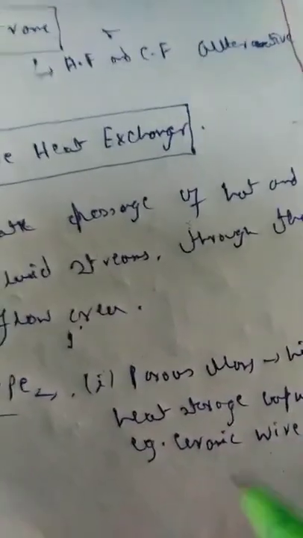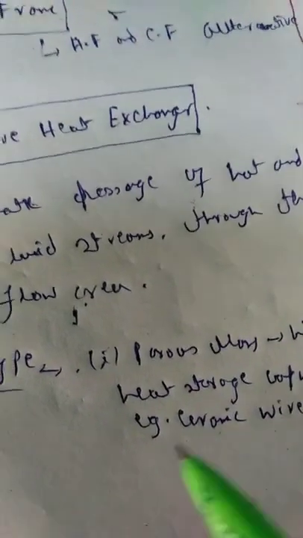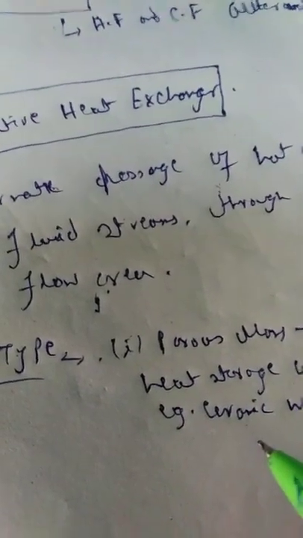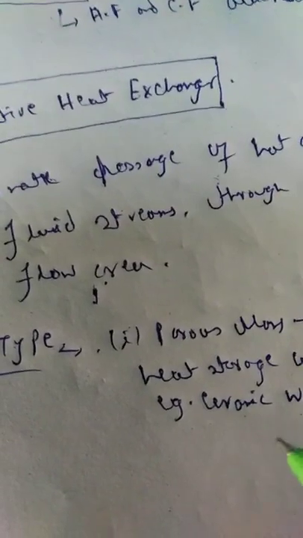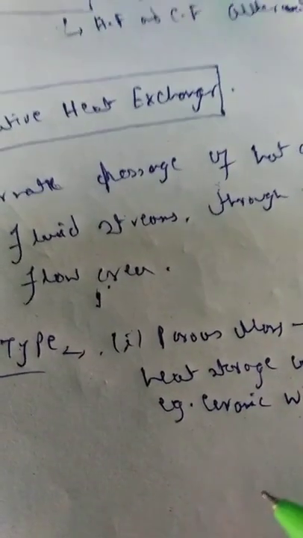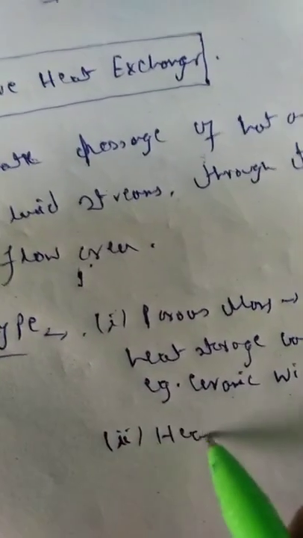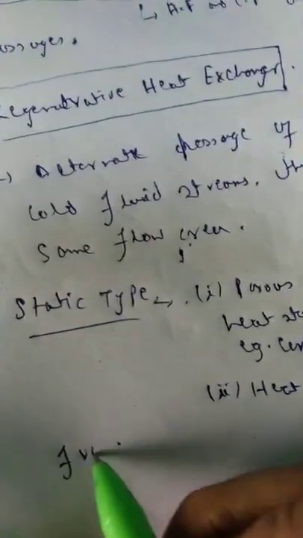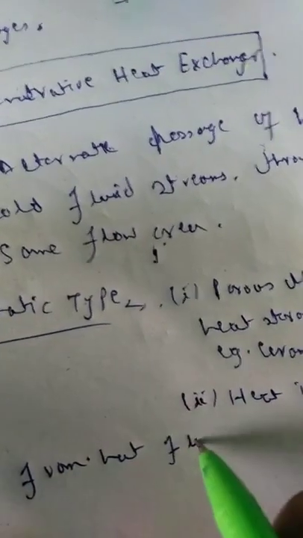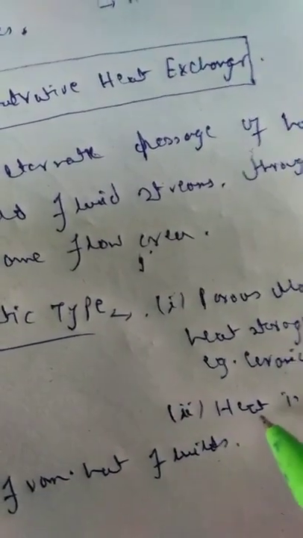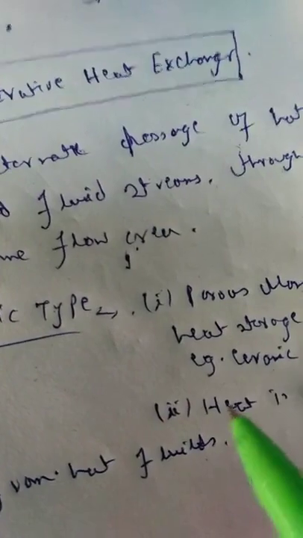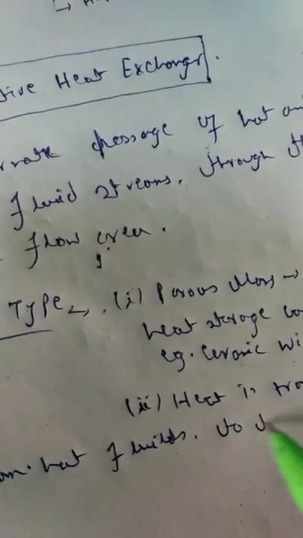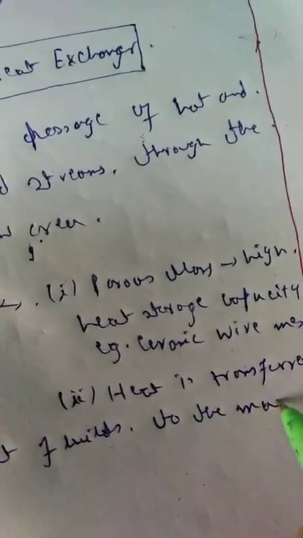So hot and cold fluids flow through this porous mass alternately, and heat is transferred from the hot fluid to the matrix of the regenerator during the flow of the hot fluid. So heat is transferred from the hot fluid to the porous mass, the ceramic wire matrix,